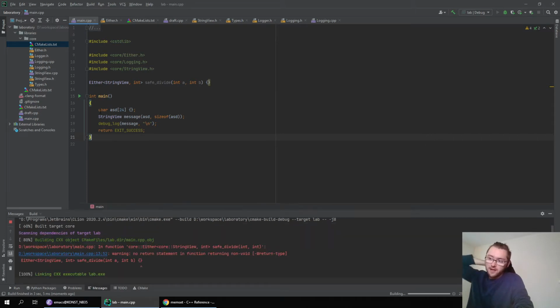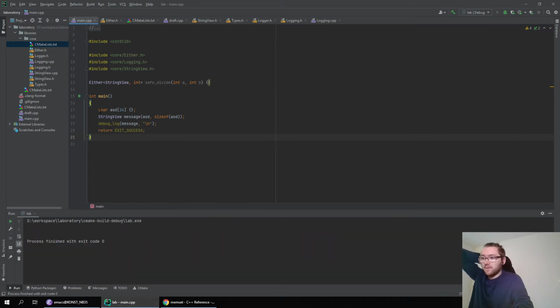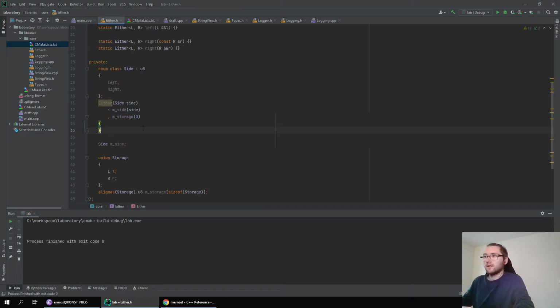So as you see, I know a little bit of C++, but I still have some room for improvement, of course. So this seems to initialize it. Okay, sure, let's use this then. So just this, I suppose.